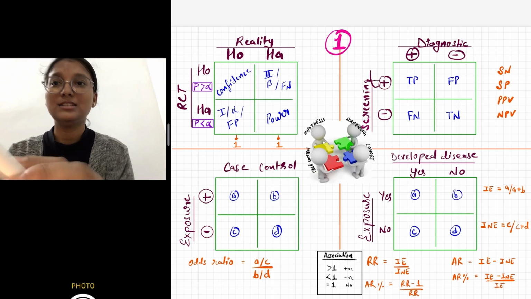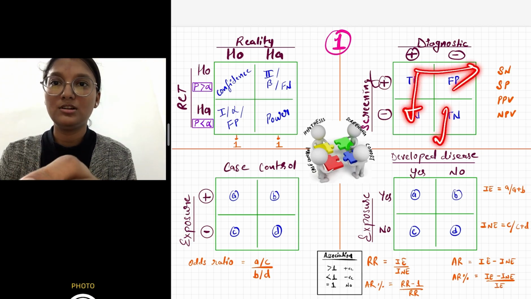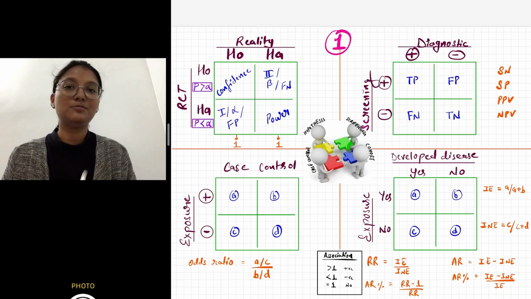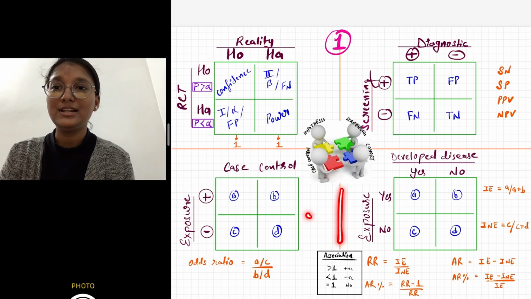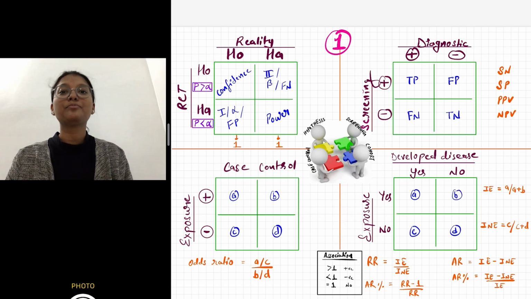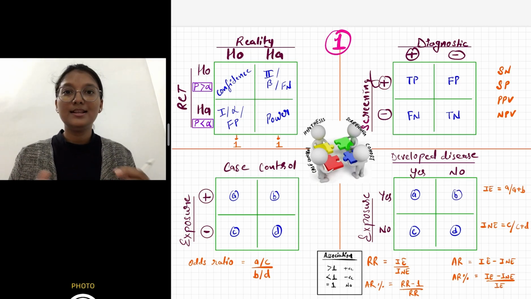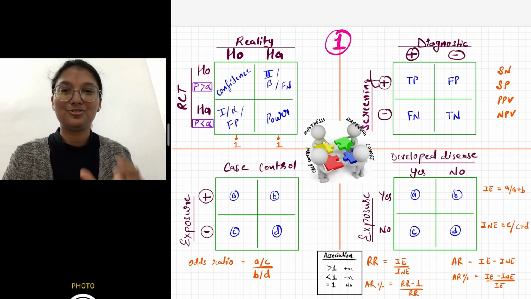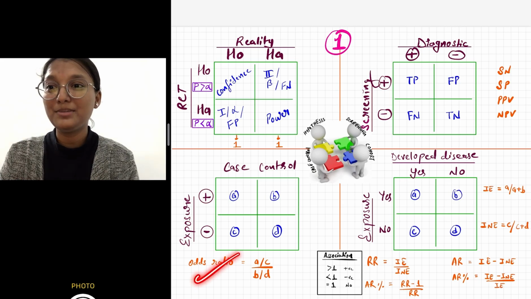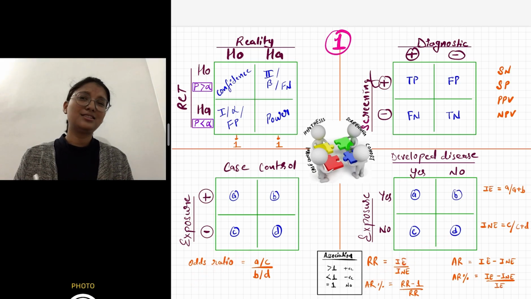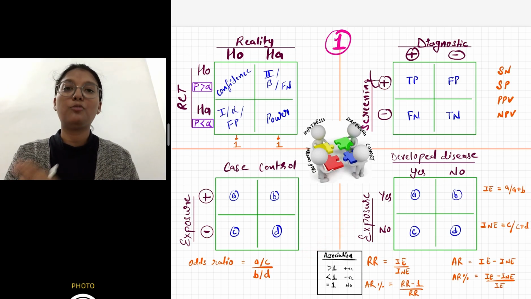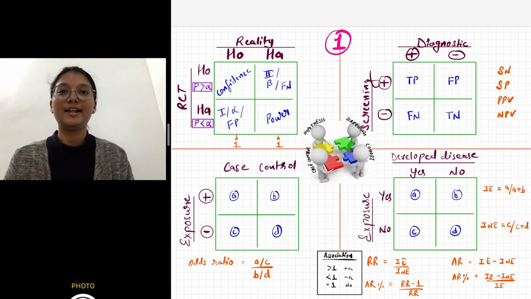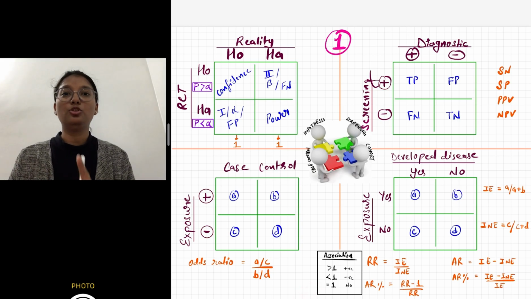When we talk about the screening table, there are many relations, horizontal and vertical, for calculating sensitivity, specificity, positive predictive value and negative predictive value. So you have to know the clear demarcation of the differences between these tables and the relations. What is the relationship? The relationship is of association. The interpretation of odds ratio and relative risk is completely the same: if it is more than 1, that means positive association, less than 1 is negative association, and equal to 1 is no association.